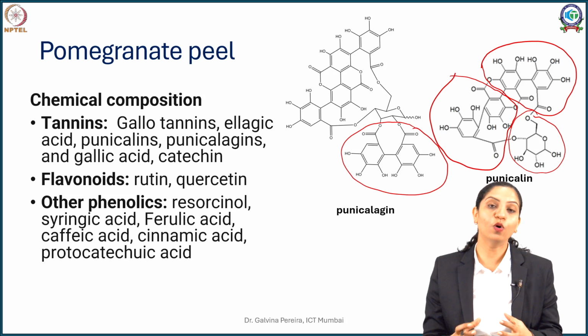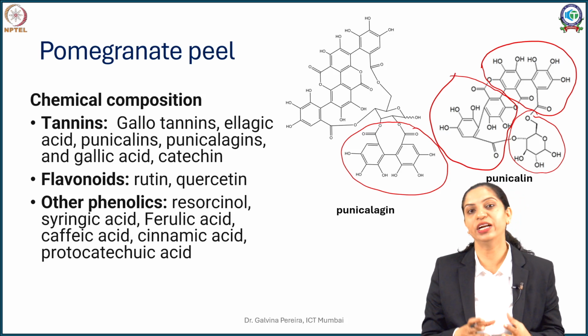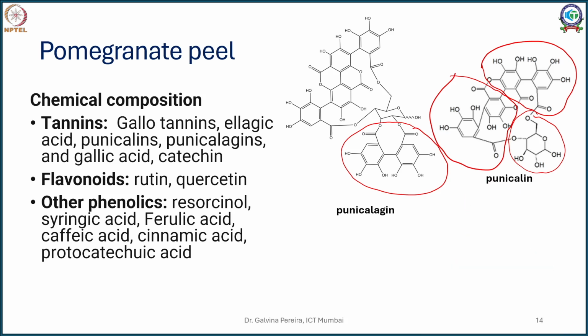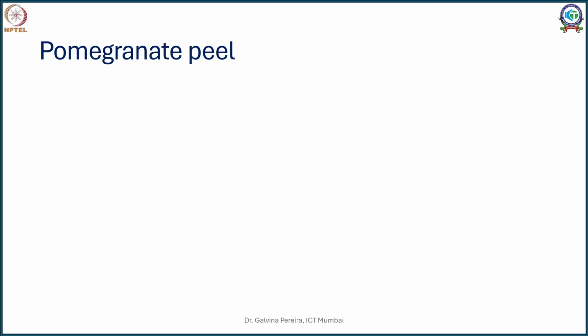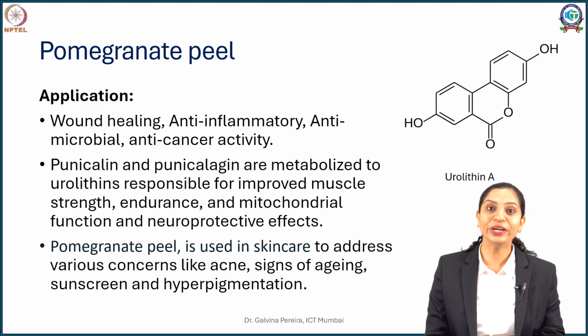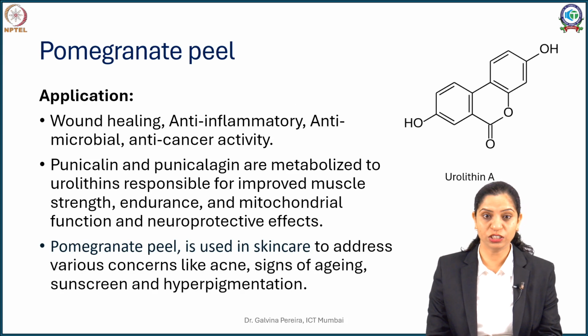So this pomegranate peel, if you take it and boil it in water, it's a very rich elixir of antioxidant compounds, and that's the reason it has numerous applications. People have been taking pomegranate peel extracts for its antidiarrheal effect, for its wound healing effect, because it's tannin rich, because it's rich in antioxidants. It is known to be good for the heart. It is an anti-inflammatory cocktail, you can say.